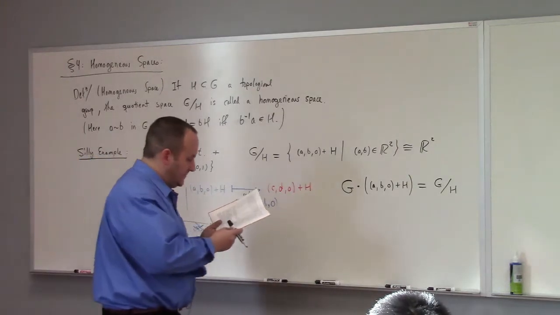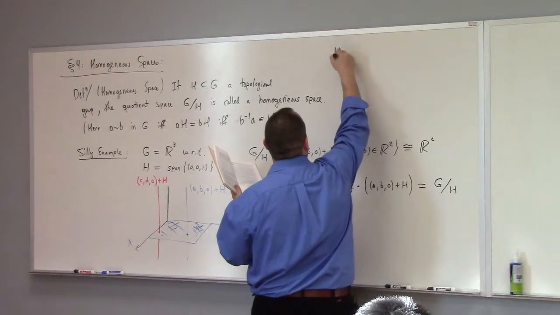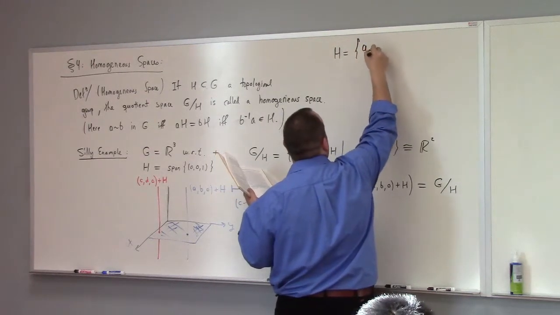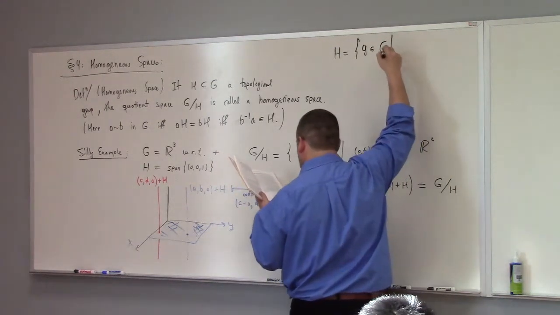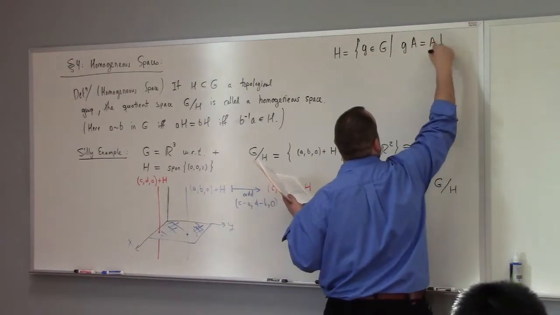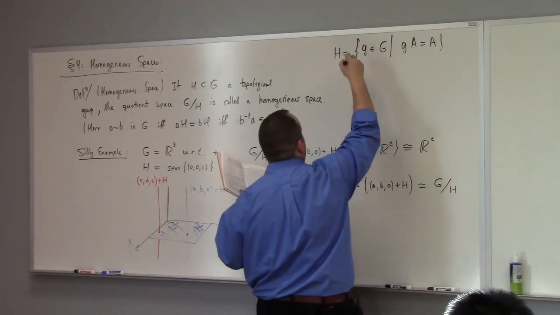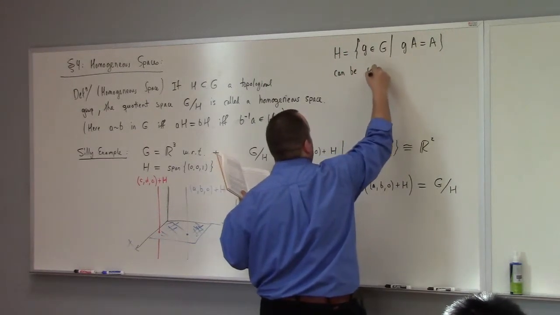Let me write that out. He says H equals the set of g in G such that gA equals A can be considered